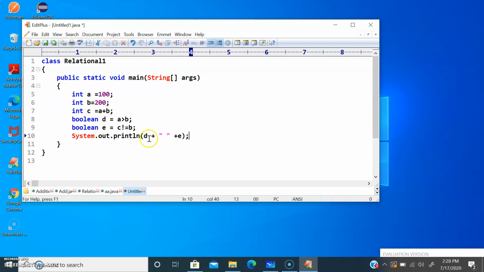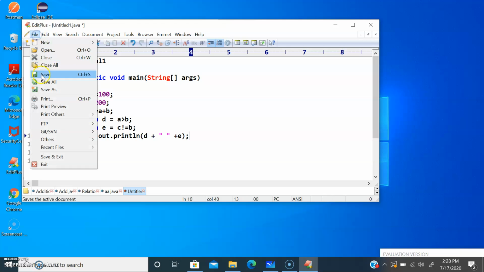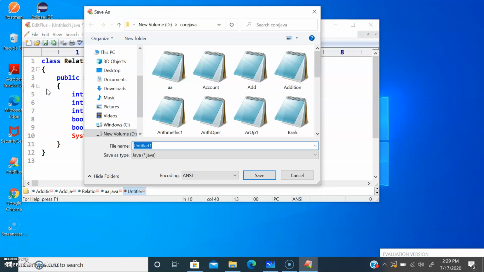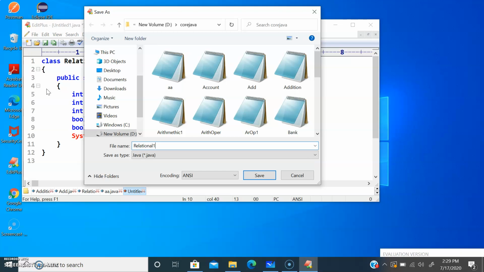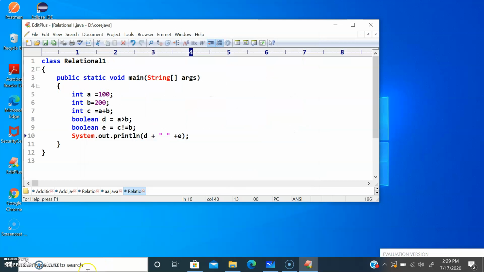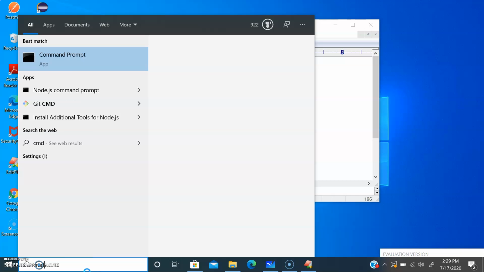So I'm going to say d, then a space. If you want to give space, you have to give double quotes like this, and plus e. Now go and save your program. I'm going to save it as Relational1.java. Then open your command prompt.